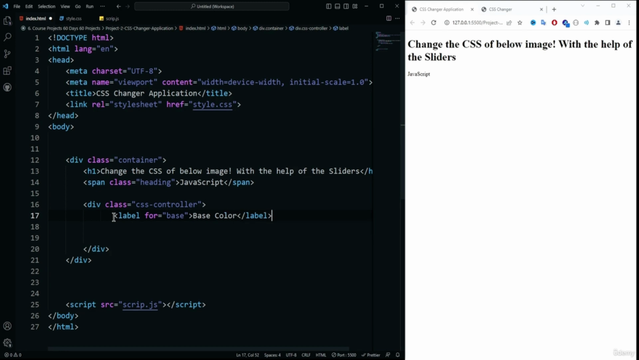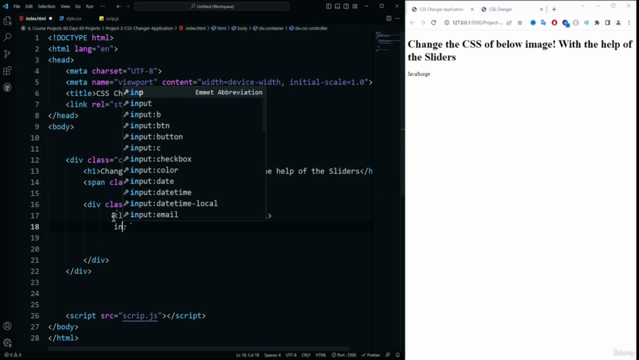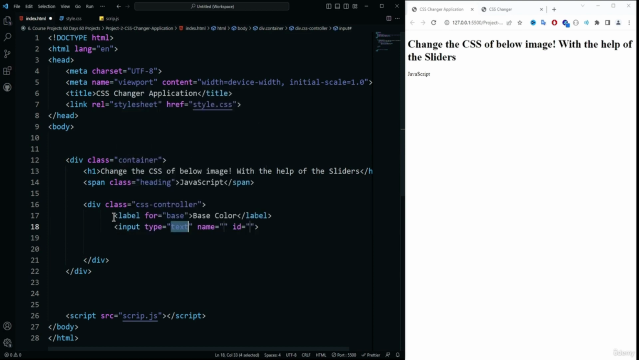Okay, and after that we need to provide the input type. So input, the type is going to be like color. Alright, and then we need to specify the name. So the name is going to be like base, and then we need to specify the ID. So ID is also going to be like base. And then we need to specify the value, which is the default color value, which is going to be like